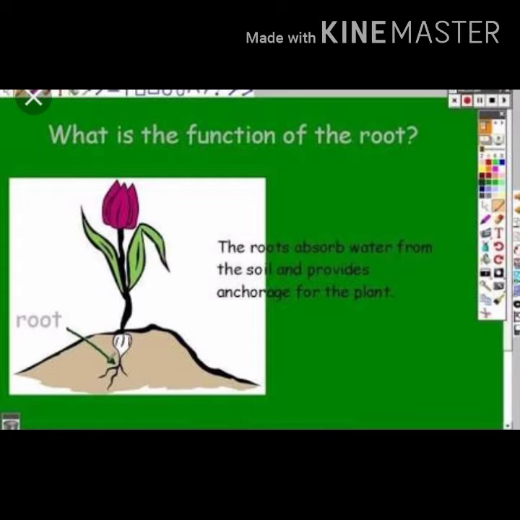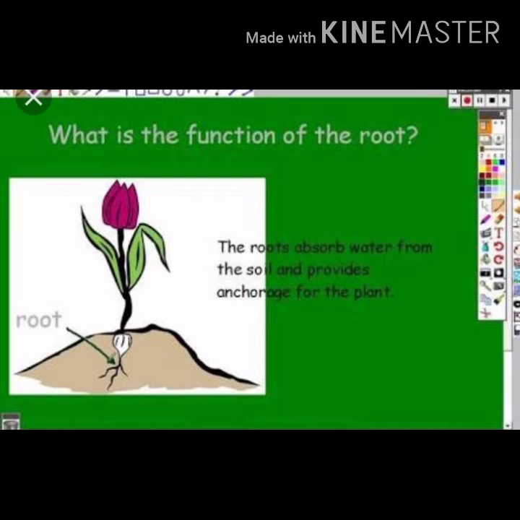Is it easy to separate them? No, it is not easy, because some white colored structures are going so deep. We can see them spreading and penetrating here and there through the small pores of the cotton. This is the root, a small immature root which will become the future root. What is it doing? It is searching for grip through that cotton. It is going so deep to get a grip, to anchor the plant. So another important function of the root is that it helps to anchor, fixing the plant firmly in the soil.